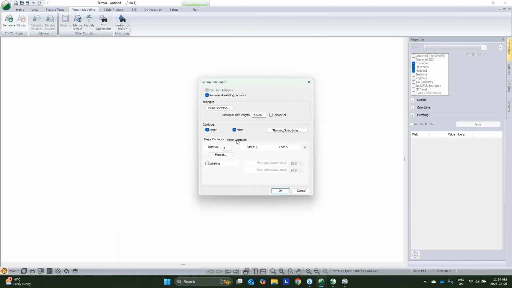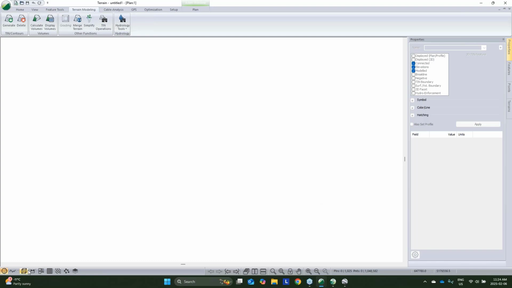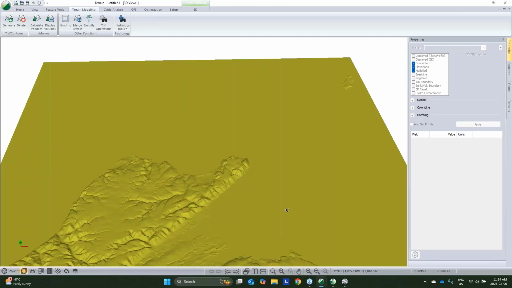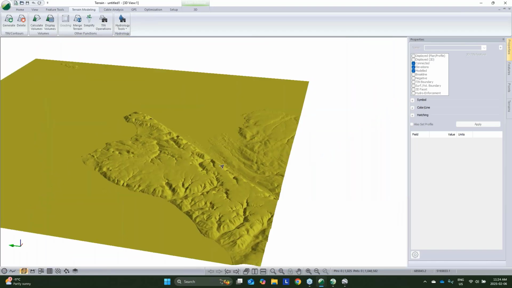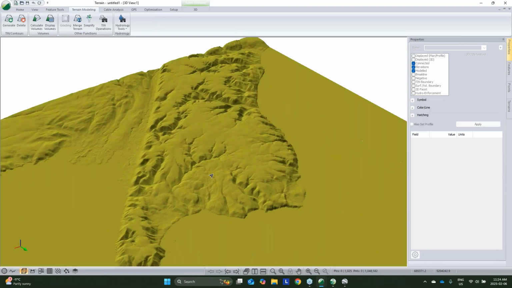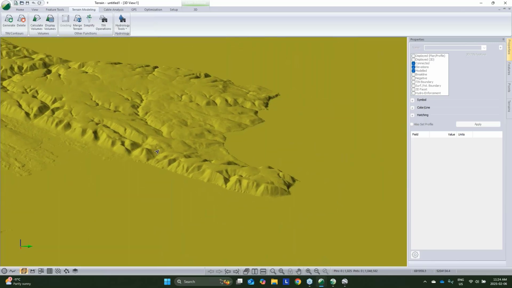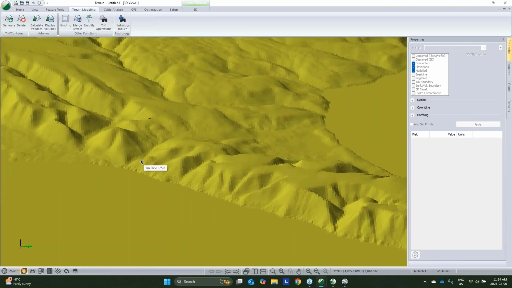We'll click terrain modeling. I'm not going to worry about my contours. And there we are. So yeah, we've got a surface. Now we've got a surface for an absolutely massive area here. Now it's not as detailed as that LiDAR surface that I have, but if we're doing preliminary planning or checking to see if grades work,